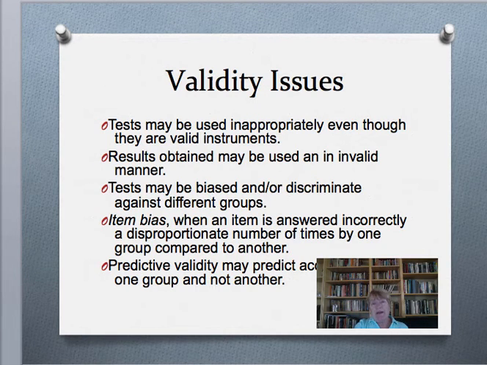Tests can be biased against or discriminate against different groups, and we've talked about that at length. If a test is biased against a group, or if items are biased against a group, then it's not a valid test for that group. And items can be biased, so the whole test itself could be biased, or particular items on a test could be answered incorrectly by one group versus another. And then predictive validity may predict accurately for one group and not another group. So again, that's bias. Bias has a heavy effect on validity,